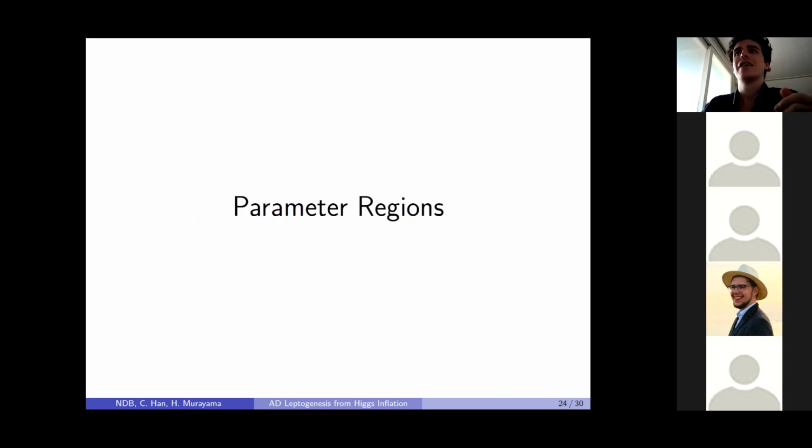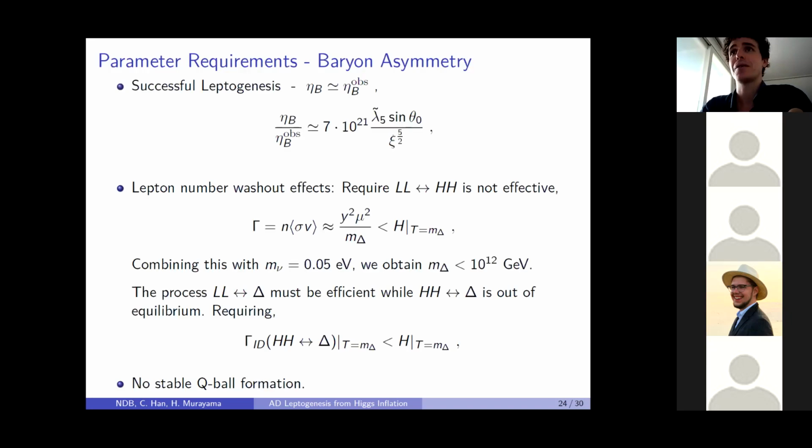All right. Okay. So now I've gone through and shown how we get the baryon number, and we've motivated all the things. Now we're going to look at all the different constraints that we can apply on our model and the model parameters, and then we're going to see what region is allowed by current observational constraints and experiments.